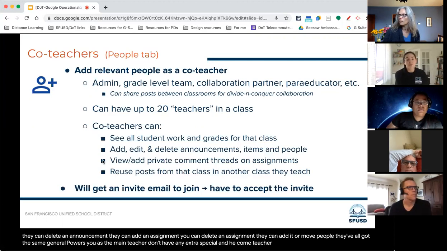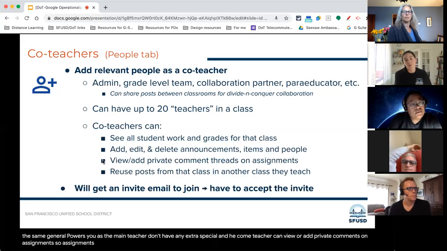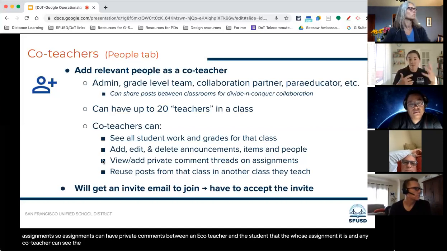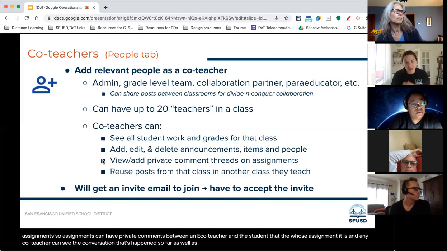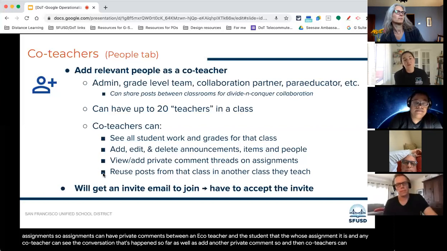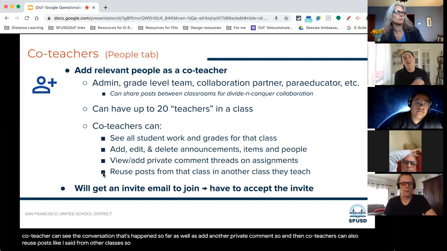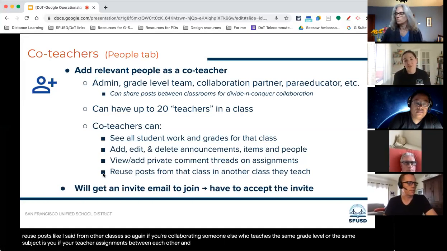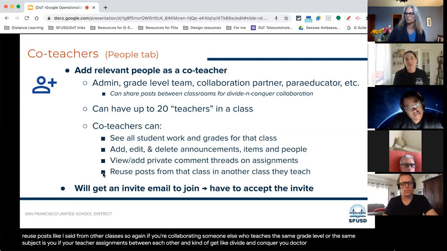Any co-teacher can view or add private comments on assignments. So assignments can have private comments between any co-teacher and the student whose assignment it is. And any co-teacher can see the conversation that's happened so far, as well as add another private comment. Co-teachers can also reuse posts, like I said, from other classes. So if you're collaborating with someone else who teaches the same grade level or the same subject as you, if you're teachers in each other's class, then you can share assignments between each other and divide and conquer. You don't have to make as much stuff because you can take turns